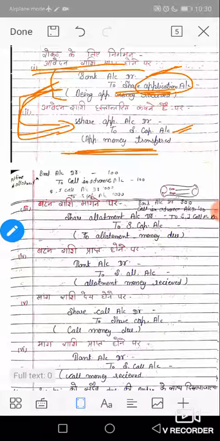Now next, when the company calls allotment money from the shareholders, allotment money is due when the company allots shares to its holders. In case of allotment money, first of all the company dues the allotment money on shareholders, because initially the company dues the amount on applicants or shareholders, and after that the shareholder deposits this amount in the company's bank account.